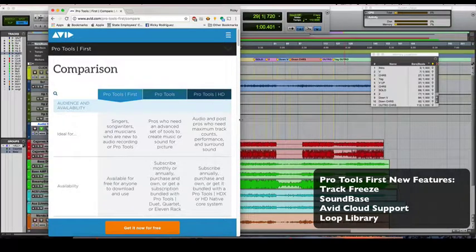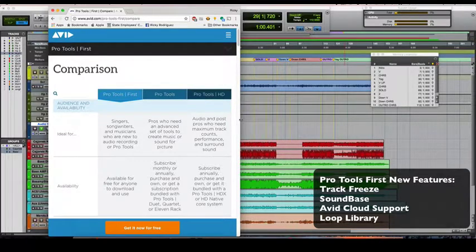Studio One Pro. It is a very affordable software that has amazing features. Logic, affordable software with great features. I can go on and on. Okay? I have a friend of mine using Reaper, making killer recordings, and it's free. Okay? So